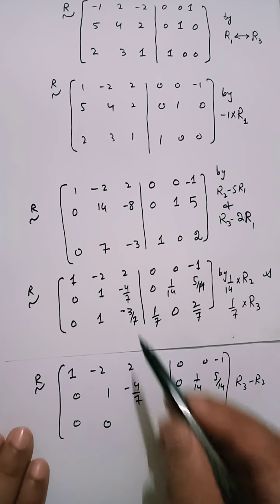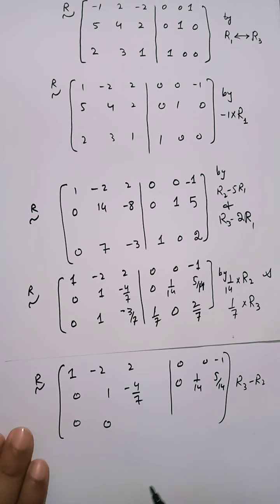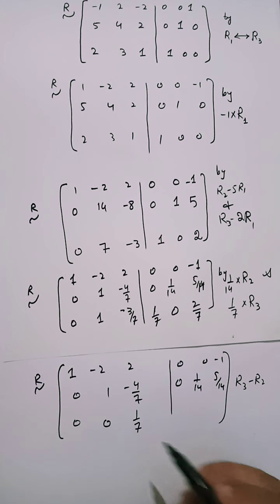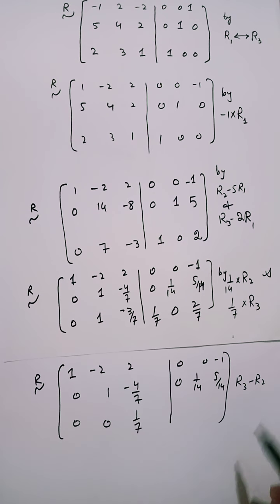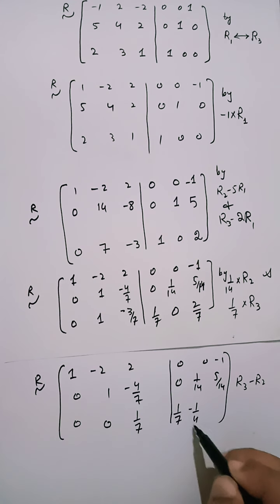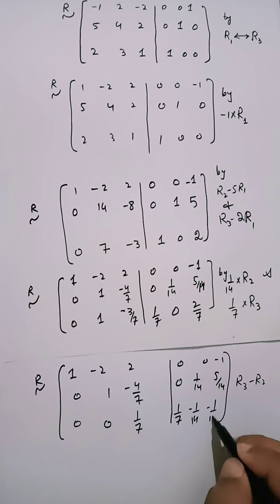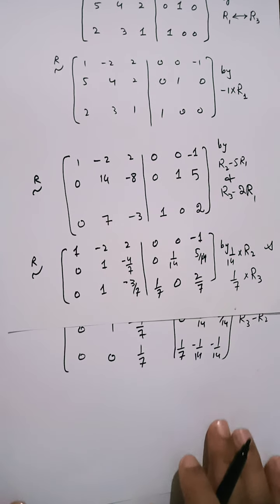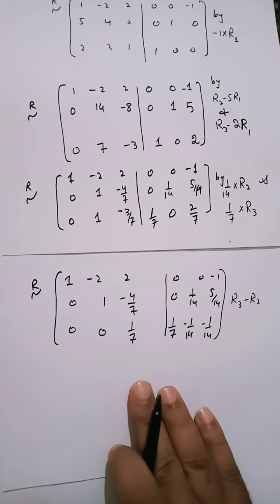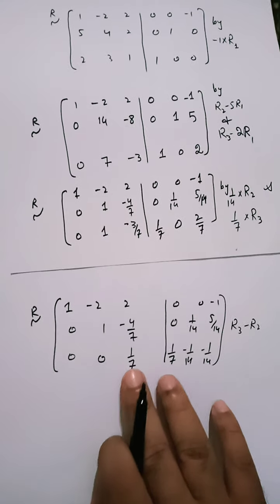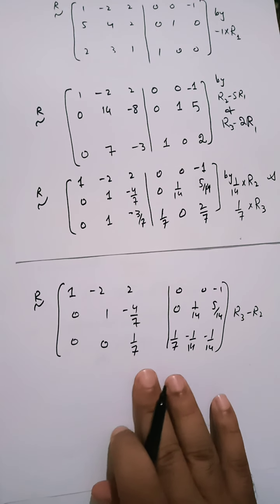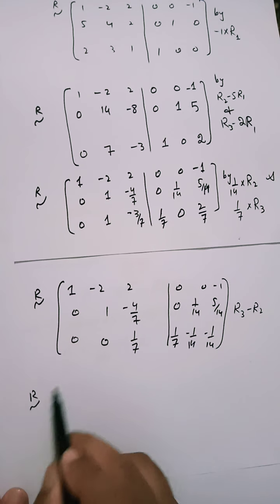Now subtracting -3 by 7 from -4 by 7, here you will get 1 divided by 7, and there you are subtracting R3 from R2. So you will get 1 by 7 minus 1 by 14 minus 1 by 14. Now multiplying this row with 7, this will become +1, and on this place you know that in the identity matrix we have +1. So multiplying R3 by